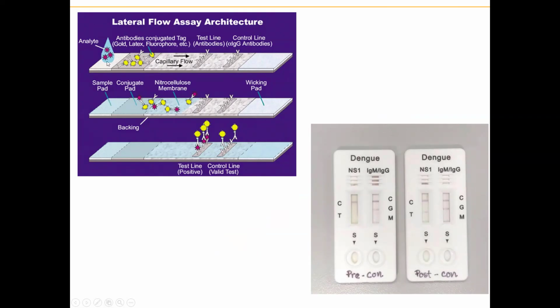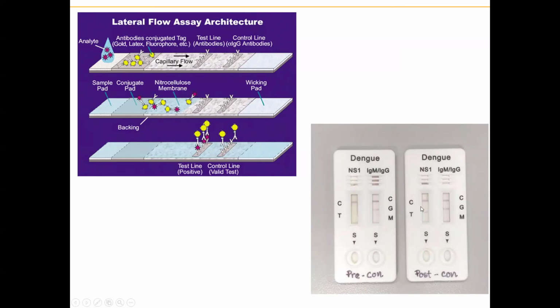So we put the sample there, then allow a certain time to flow over this capillary flow. If there is a known antigen, the antibody will bind in the conjugate pad and along this nitrocellulose membrane, which migrates and binds with known antibodies at the test line, as well as the control line. The control should be positive for it to be a valid test. So you can see here,